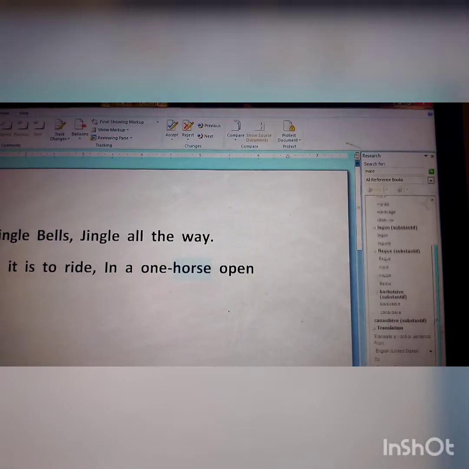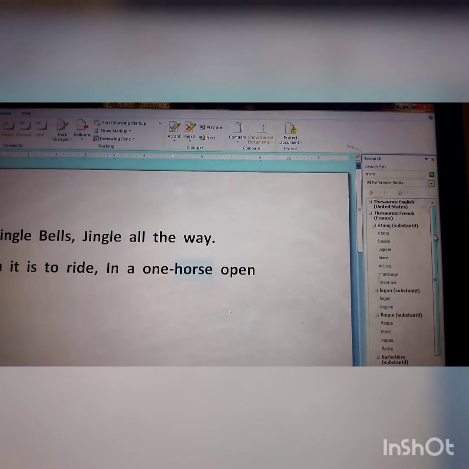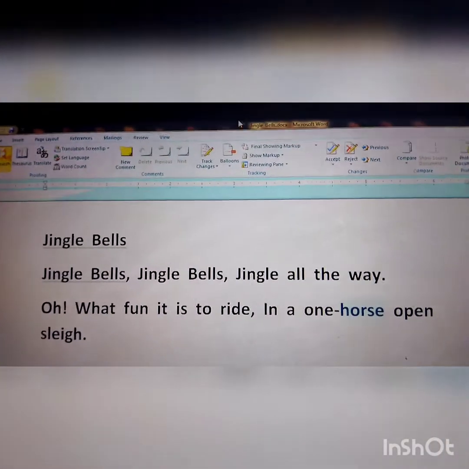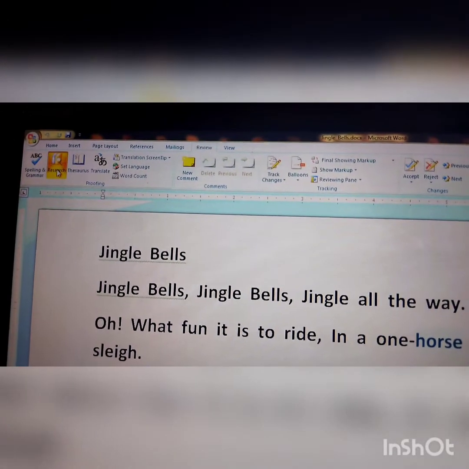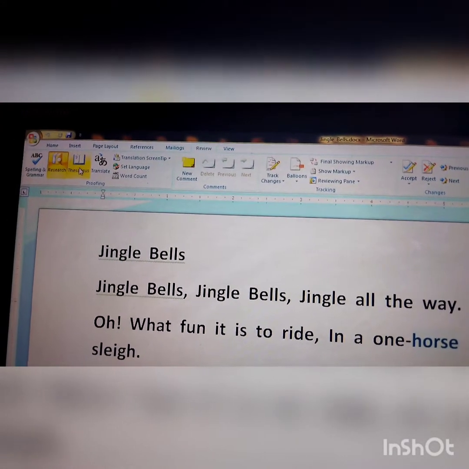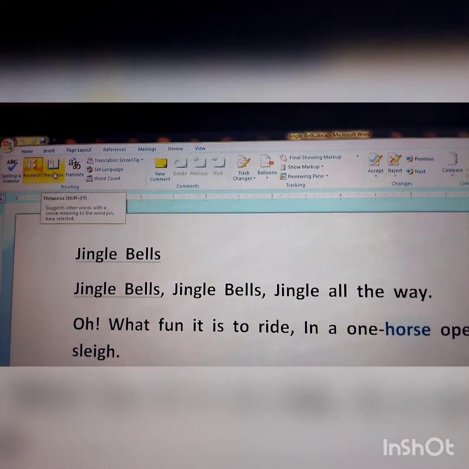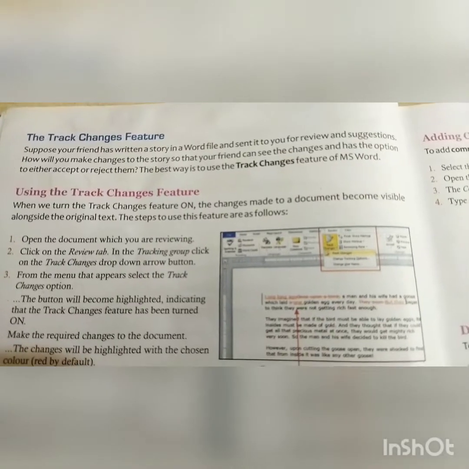Okay students, so this is the thesaurus feature. You can find synonyms easily in the Review tab. After that you go to the Thesaurus option. Clear, students? Now next is your track changes feature.